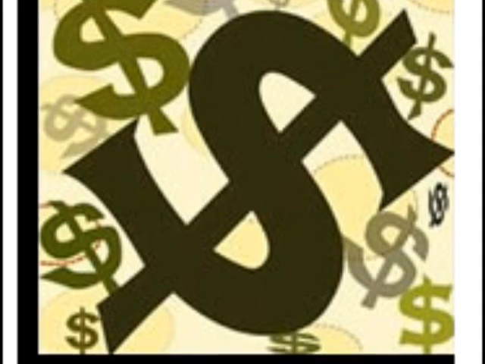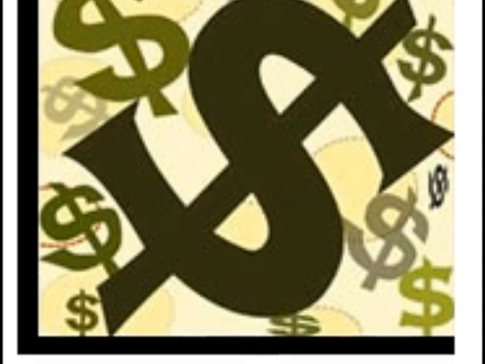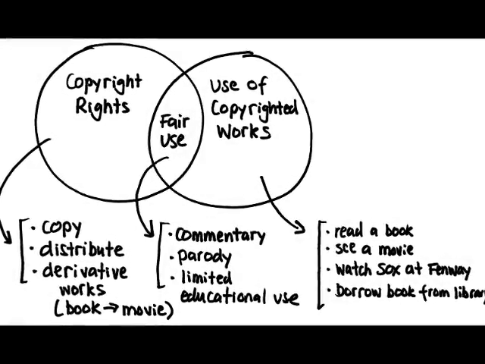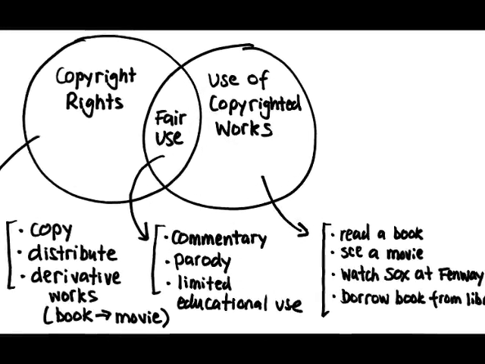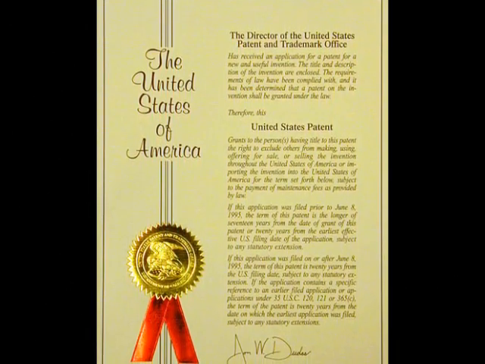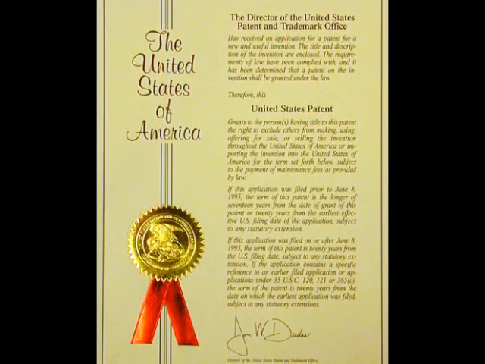The fifth freedom is the freedom to own property, and you have the right to own and to use land, to use your belongings. And it's not just land and property, it can be money, it can be ideas. So you have the right to own your own ideas. And they do that through things like copyrights and patents. A copyright is the exclusive right to publish or sell a written, musical, or artwork for a certain number of years. A patent is the exclusive right to make or sell an invention or an improvement on an invention for a certain number of years. So that's a way that you would have